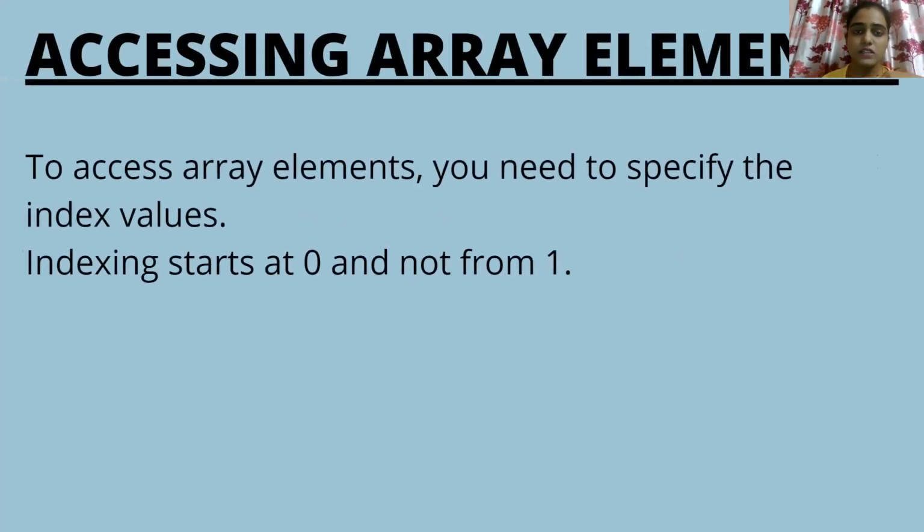Now we have seen what we mean by an array. Now let's see how to access an array element. Before starting with the coding for arrays, let's understand how to access arrays in Python. The first and most important thing to remember is that indexing in an array starts from 0 and not from 1. This is the most fundamental rule, we can say. So now let's see how an array works. Let's start the coding.